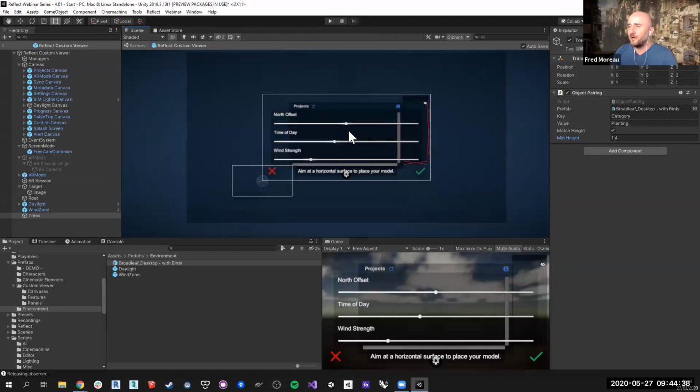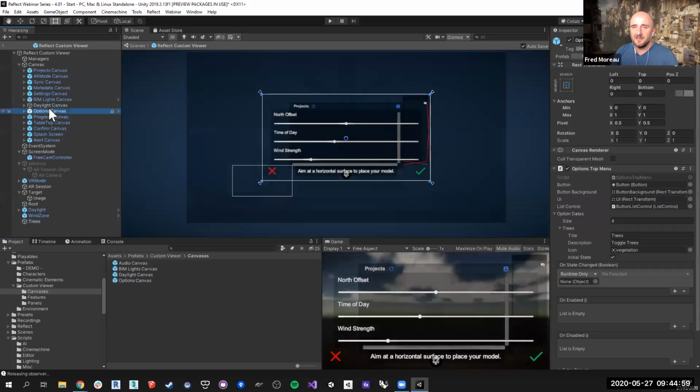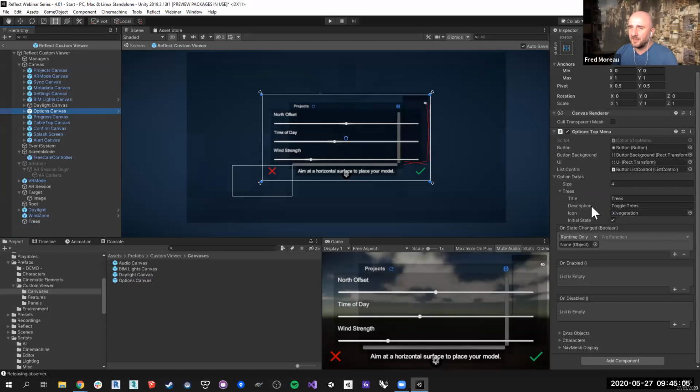So now with this, one of the things that I want to do is to also add some control to be able to control the visibility of those trees. This is also something that I would do with another canvas, which is the options canvas. I'm going to put this next to the light canvas like this. This options canvas is fairly similar to the quality settings, but it's customizable. So you can add options data, and every options data has a title, description, an icon, the initial state, and